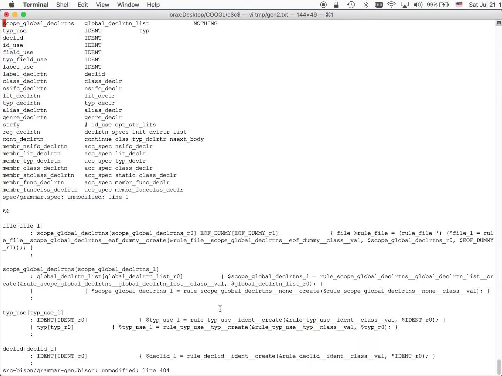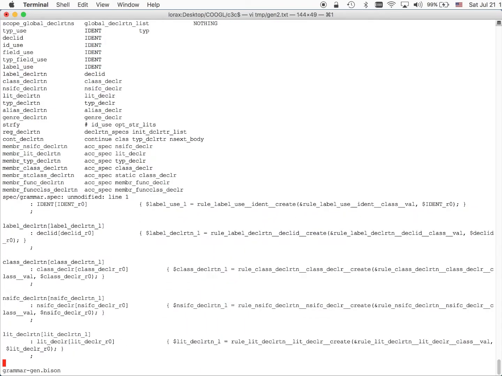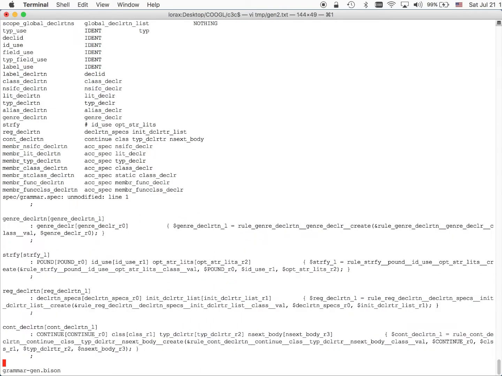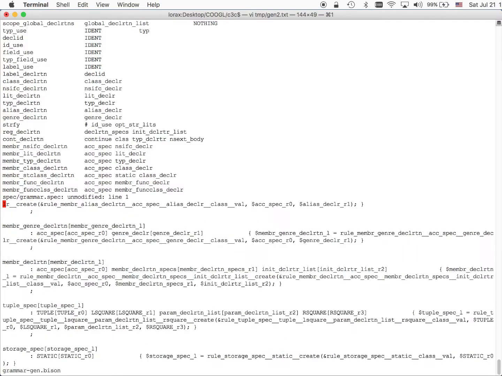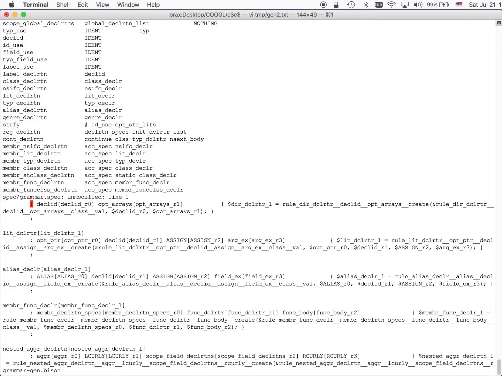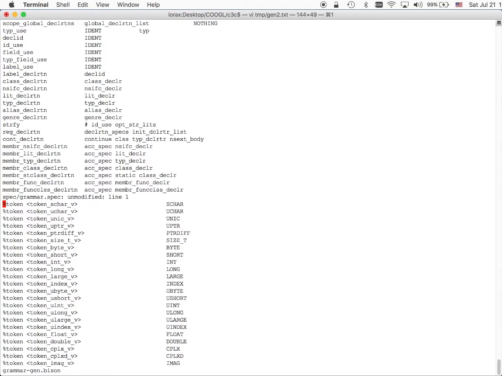Anyhow, I don't want to spend a lot of time with this, but I just want to impress on you that all of these are generated by scripts. They're not hand-coded, which makes the compiler much easier to maintain. So that's generated by